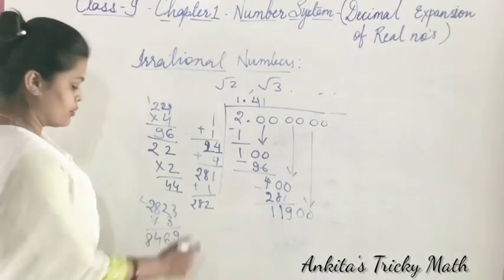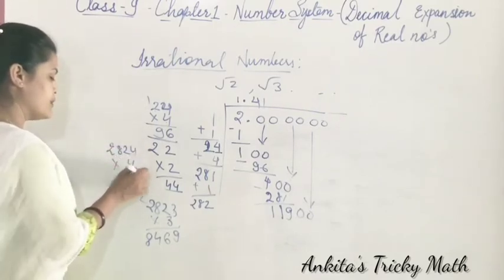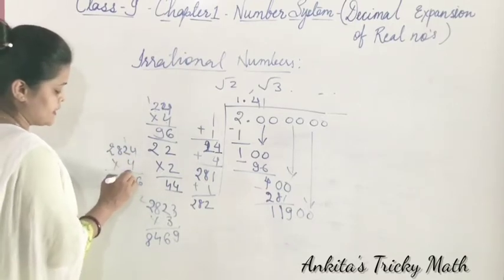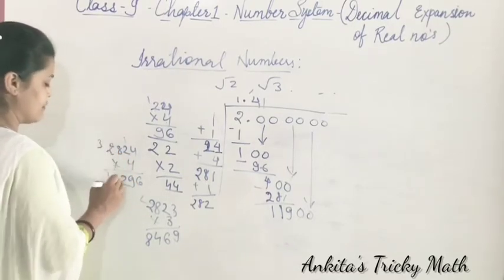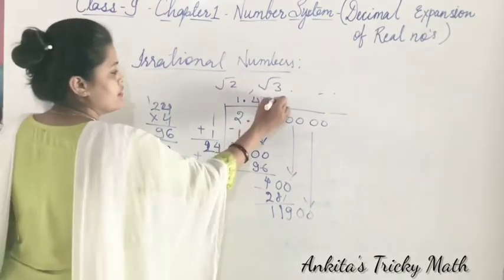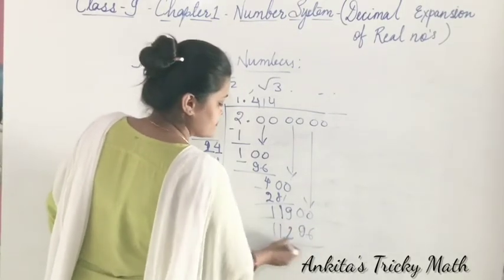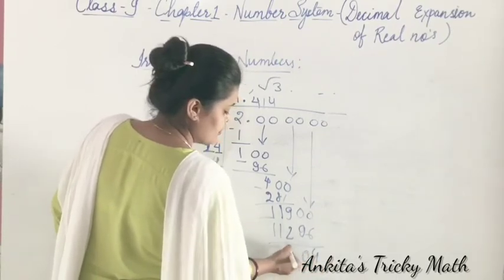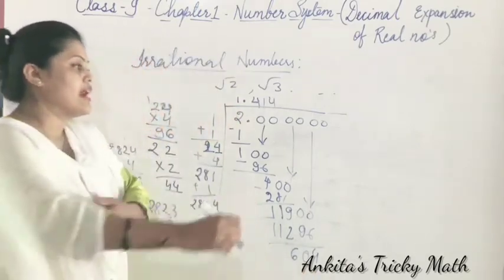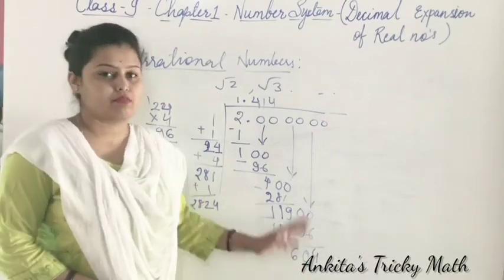Now we will take by 4. It is not going by 3. So 2824 by 4. 4 4s are 16, 4 2s are 8 and 1 9, 8 4s are 32, 4 2s are 8, 9, 10, 11, 1 1 2 9 6. It is coming. That means we will take 4 here. 4s are 1 1 2 9 6, 4 0, 6. So 604.